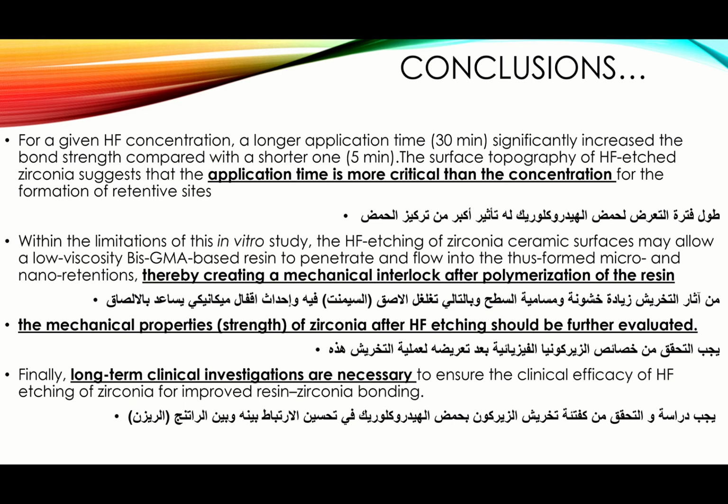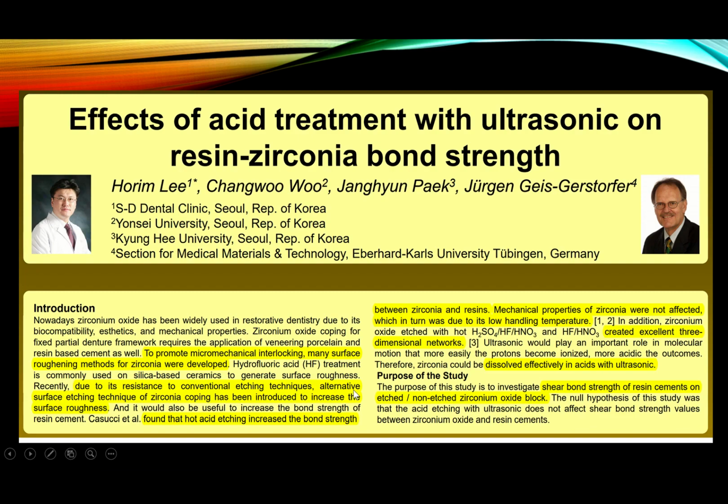This is exactly what I want to say. We want to see the success rate of etched zirconia after 5 years, for example, after 10 years, and it's a new technique, so we don't have that longevity of studies to show anything about etched zirconia, but this is how they etch it. Long-term clinical investigations are necessary to ensure the clinical efficiency of hydrofluoric etching of zirconia for improved resin zirconia bonding. Okay, now this is